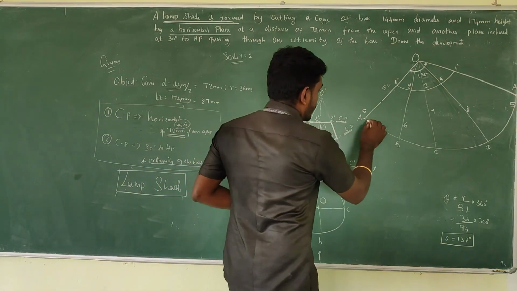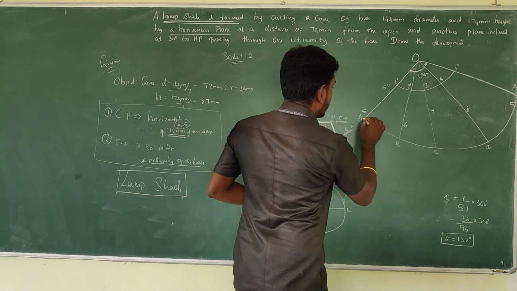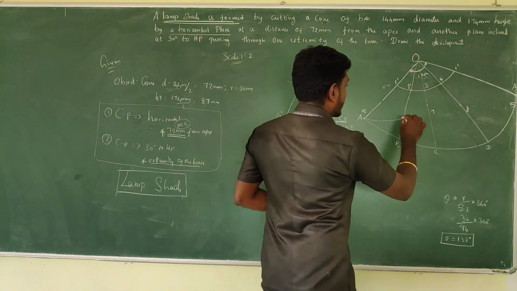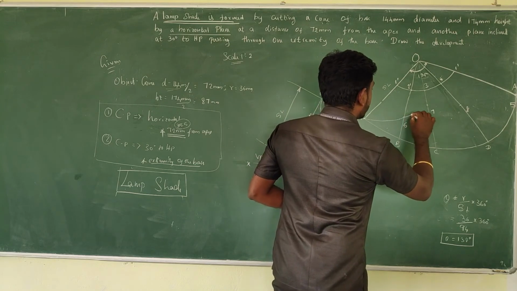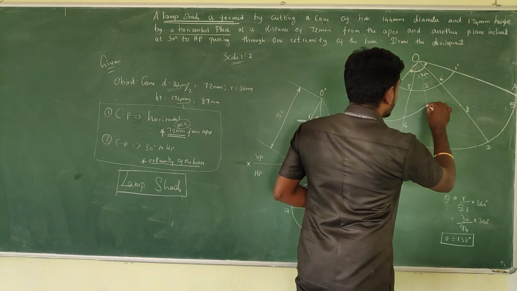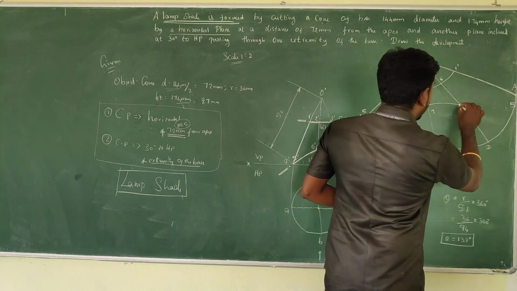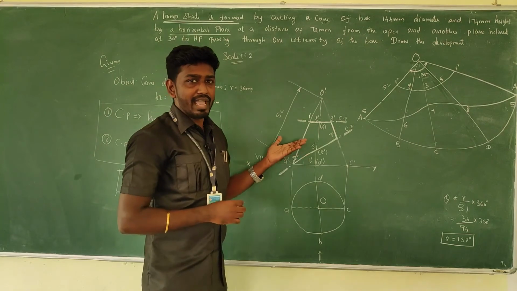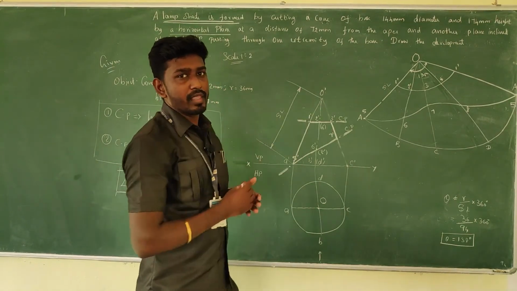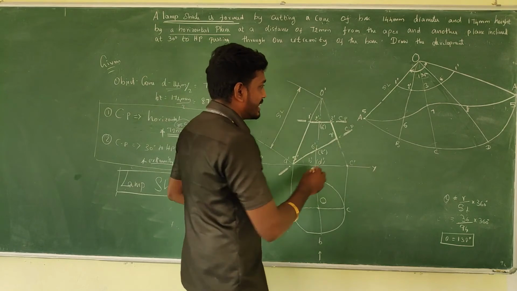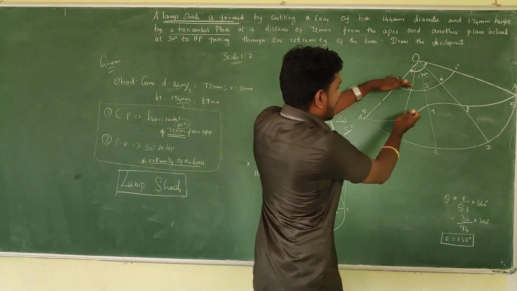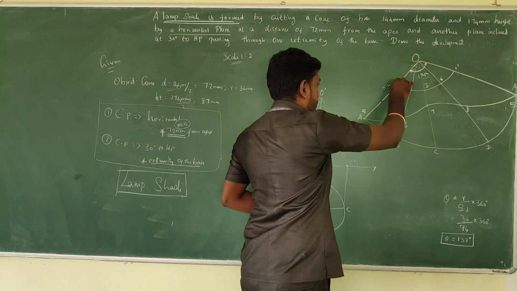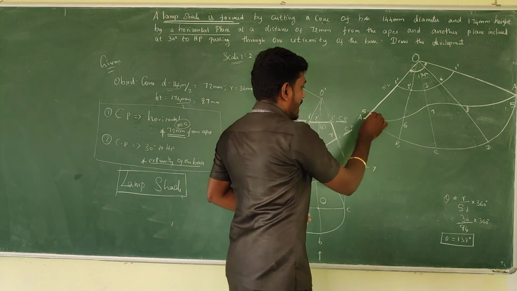Now just try to join all those picked points, 6 to 5, just with a free hand connect it, and 6 to 7 connect it, 7 to 8 connect it, and 8 to 5 connect it with a freehand without help of any scale. You need to connect it. Okay, and then this is the lampshade. This is the portion itself, lampshade. So make the particular portion as a dark one.